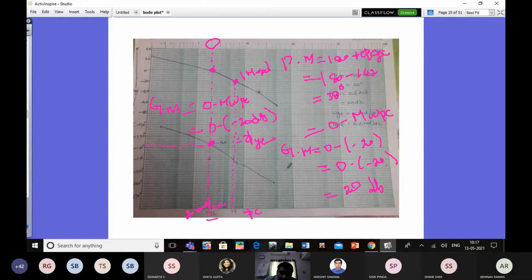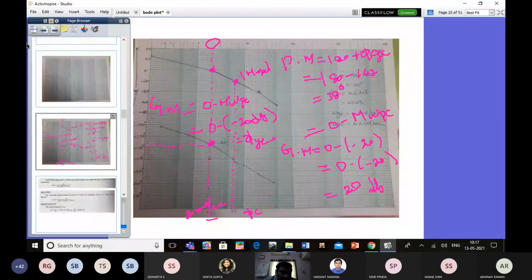So omega GC should be less than that of omega PC. So the system is a stable system. As well as, gain margin and phase margin values are positive, so the system is stable. Any doubt in that? Any doubt in this problem? Open your mouth and say the answer. No doubt, sir.